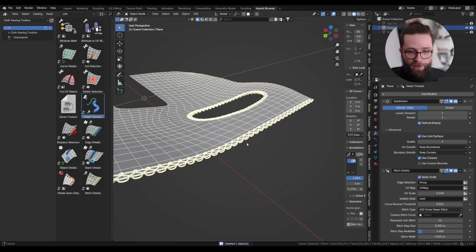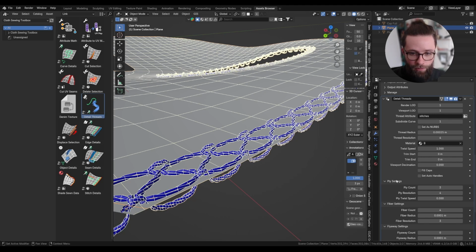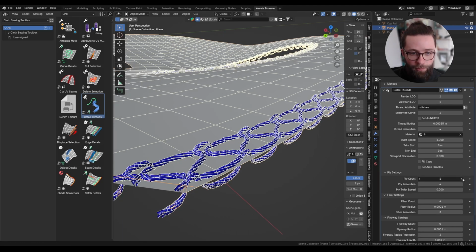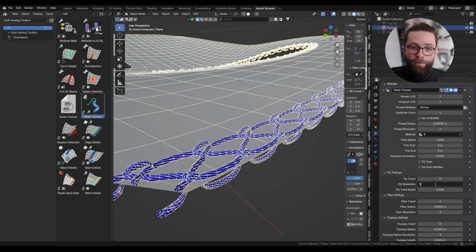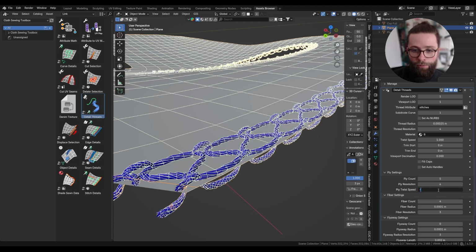Next we can go into the Ply settings. So here I am at a viewport LOD of 0, but let's get back to 1 so we can see the first setting regarding the plies. By default it's set to 3 ply, but you can set any number you want, and the default resolution is 4, but here you can change the resolution of the profile curve, which is generating those threads as well. You can also change the twist speed